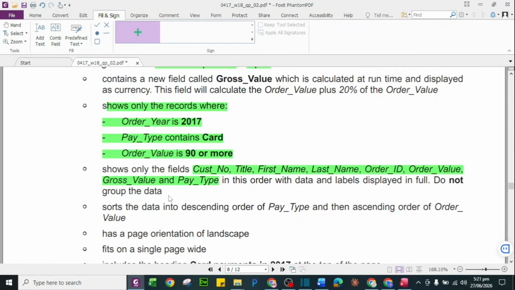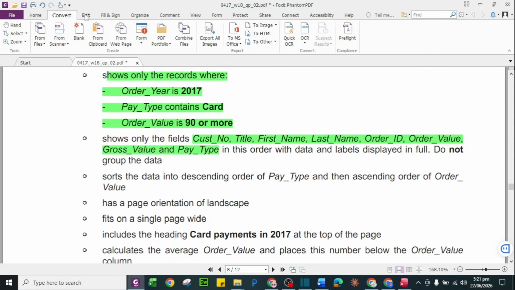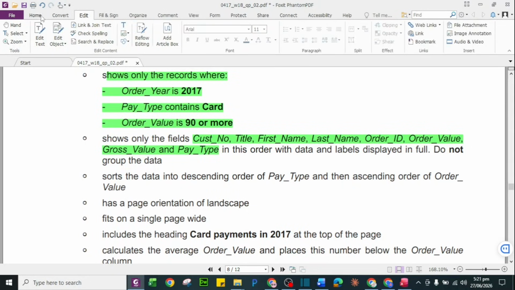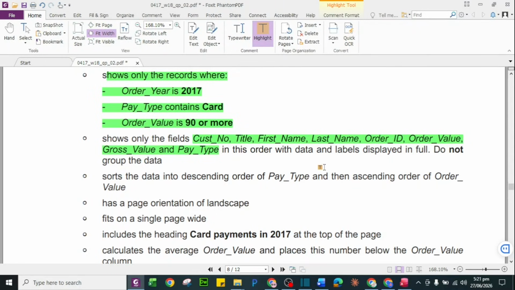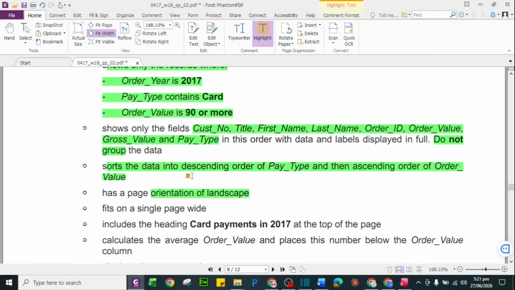Now do not group it. Now this is the place where we will make the report. So for that let's highlight some important points: do not group, it shouldn't be done, and sorting will be done. There are two methods of doing it. I will let you know one of them this time, and the orientation will be landscape, and I will highlight the rest of them after doing it.